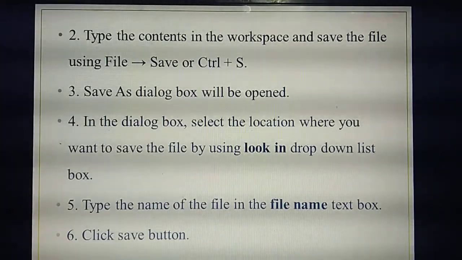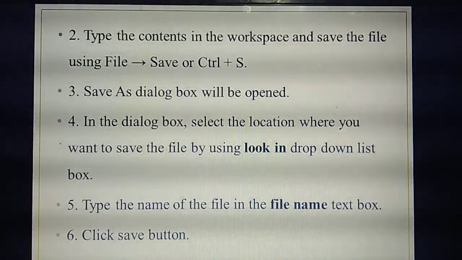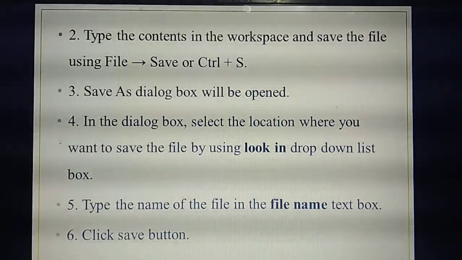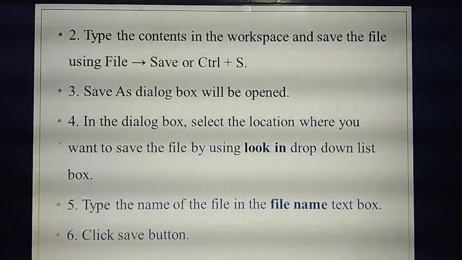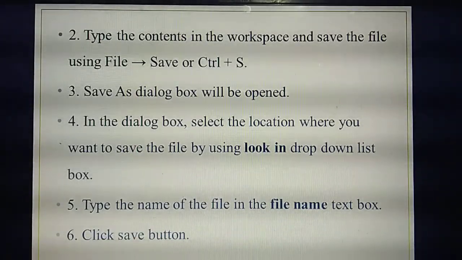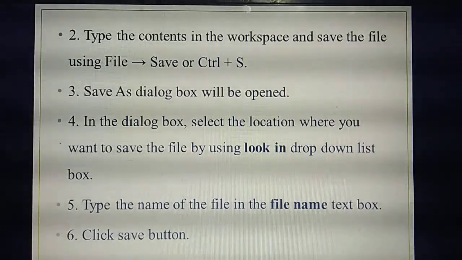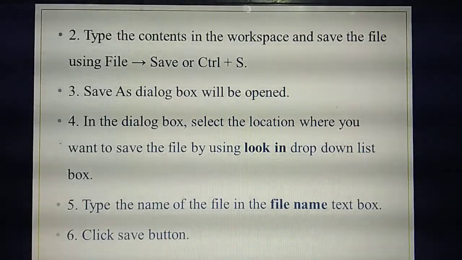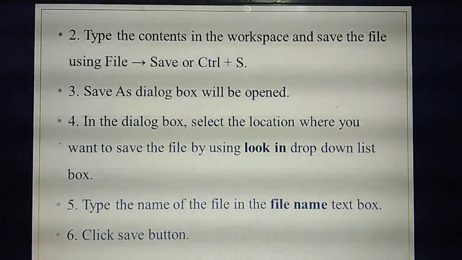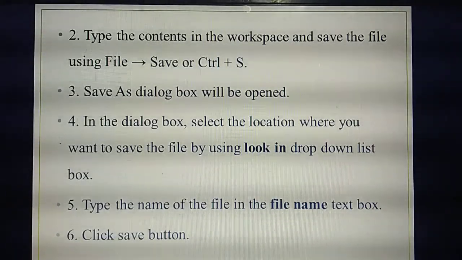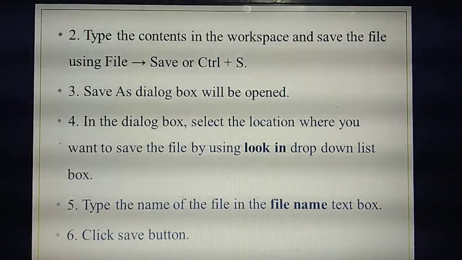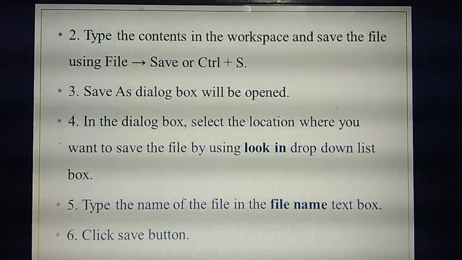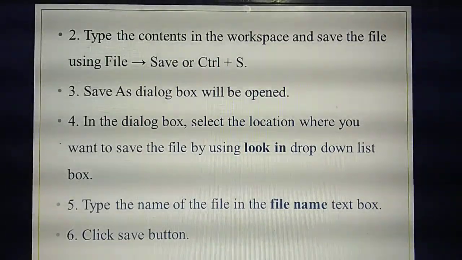Well, you are going to type any text in the Word file. The white color area we are calling the work area or workspace. After typing all the things, you are going to save the file. Why are you going to save the file? For example, you have typed a 10 line paragraph. Without saving, next time you can't open that particular file, and again you need to type the same 10 lines. But if you save whatever you are typing, then however many times you need, according to your wish you can open the saved file. So for that purpose you are going to save the file.